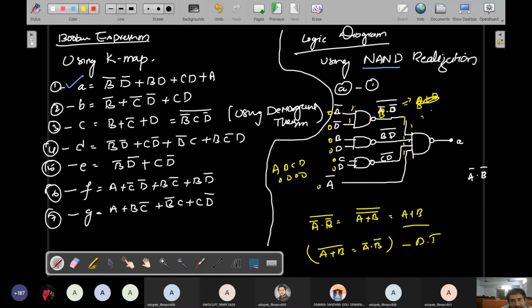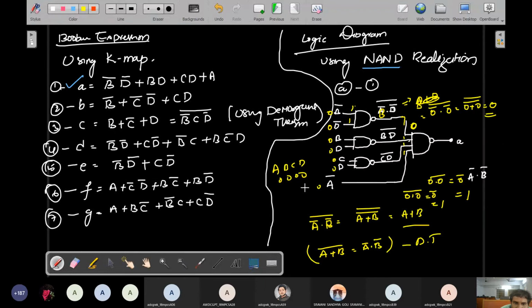So simply take this, 0 bar dot 0 bar whole bar, so that is 0 plus 0 whole bar, so that is called 0. So now this equation is 0. Okay, right now this is 0. So remaining all are no problem, because B bar D bar only 0 0, you will give 0 0. So after then this is 0 dot 0 whole bar, what will happen? So this is 0 bar, this is equal to 1. So 1 is okay. Okay, similarly 0 0 means 0 dot 0 whole bar, so this is 0 bar, this is called 1. So this output is also 1.